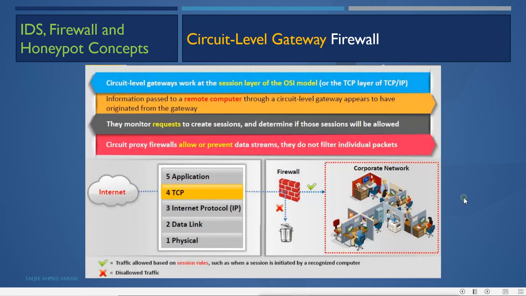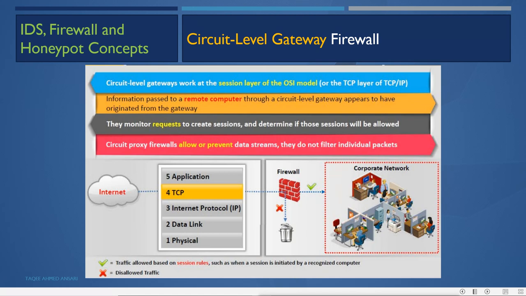Then we have circuit level gateway firewalls. These work at the session layer of the OSI model, or the TCP layer of TCP/IP.